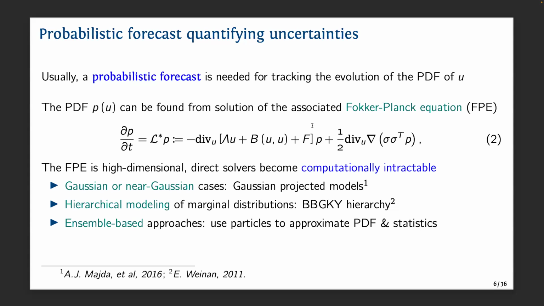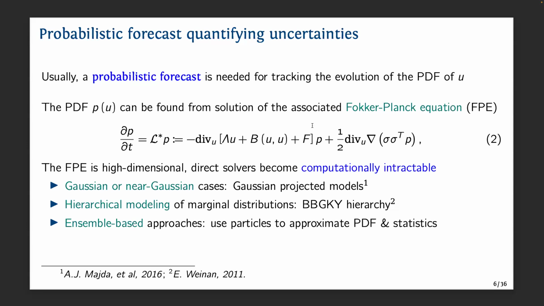So first, the most straightforward idea is we assume the PDF to be Gaussian, or at least near Gaussian, so that we just need to compute the mean and covariance. So this PDE can be further reduced to a coupled system of ODEs, but it's still a high-dimensional coupled system, which is not easy to compute directly, even for Gaussian. And for most cases, as I will show you, the non-Gaussianity will be playing a central role. So the Gaussian approximation is not usually very desirable.